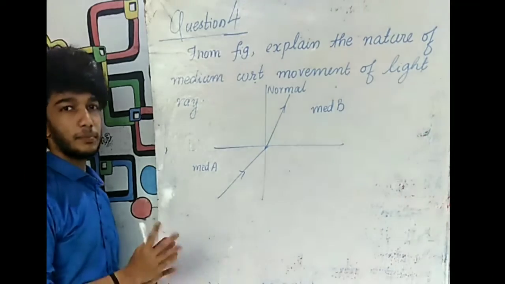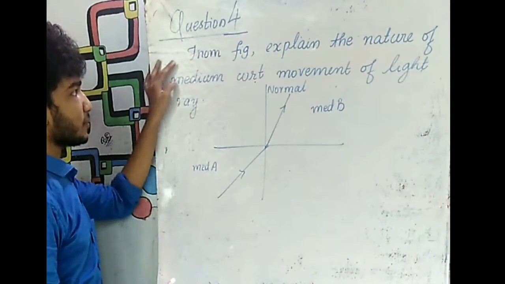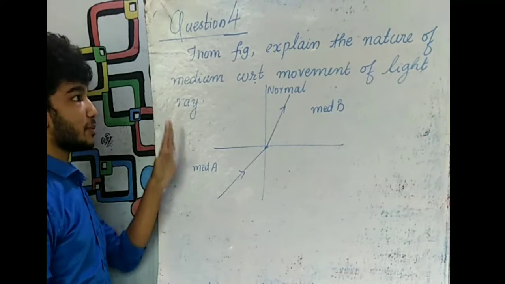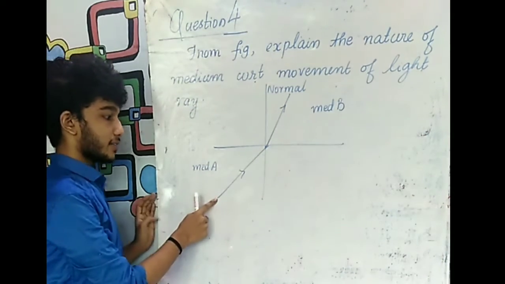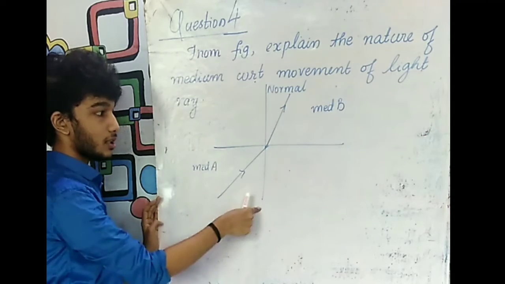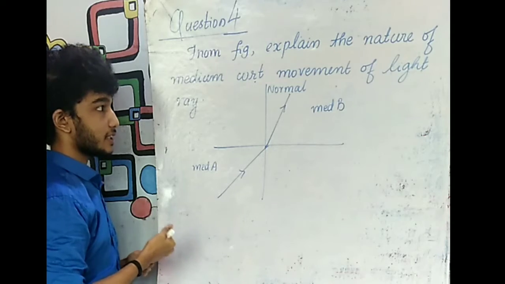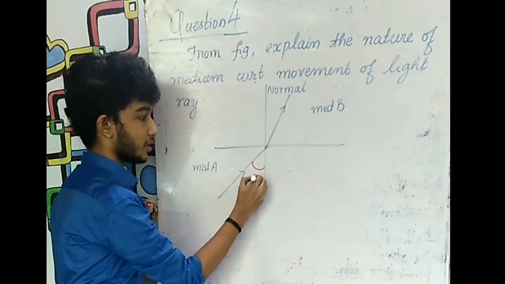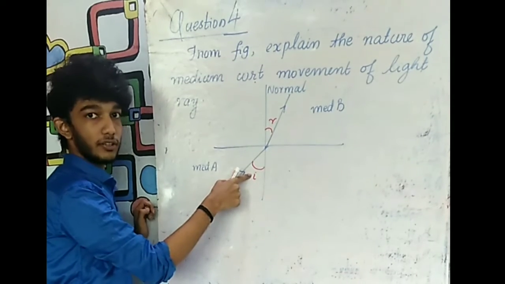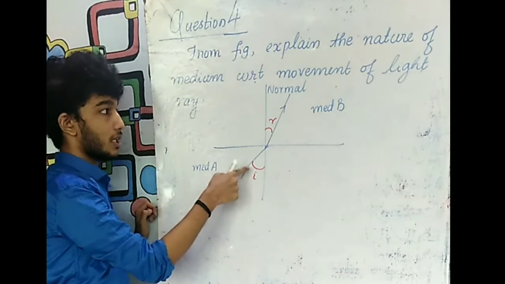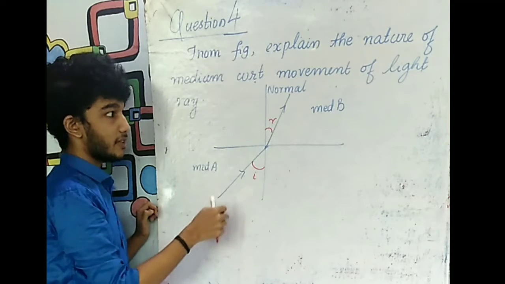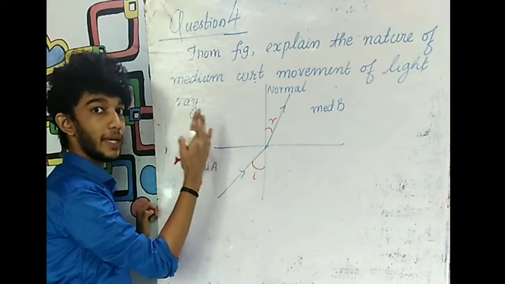So this is another simple one mark question. From the figure, explain the nature of the medium with respect to the movement of the light ray. A light ray is propagating from medium A to medium B. This is the normal. Let us first see what is the angle of incidence and angle of refraction. Here the angle of refraction is less than the angle of incidence. That means, as the light is propagating from medium A to medium B, the ray of light is bending